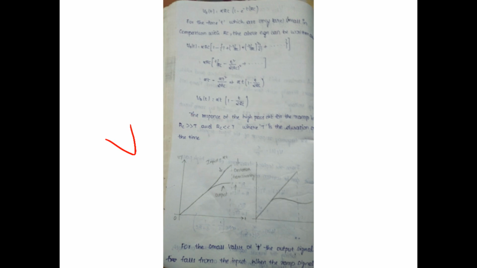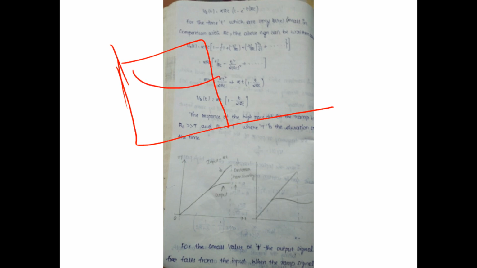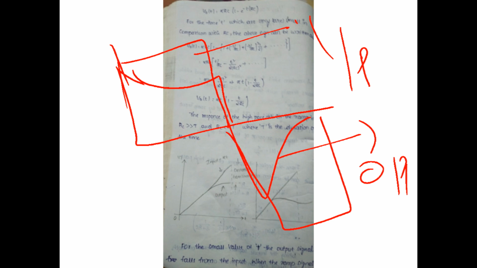RC comparable to TP condition. The input signal is like this, but the output signal will get this after applying the RC comparable to TP. In this condition also, when the signal voltage is applied, the signal will get